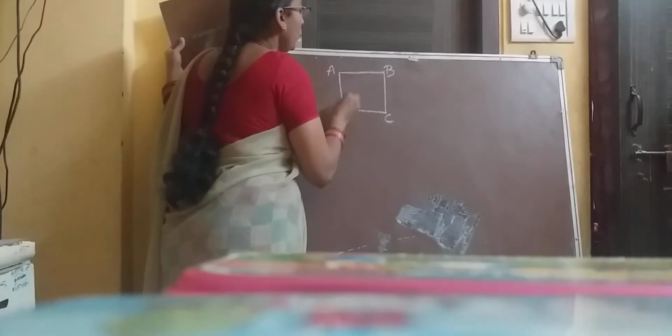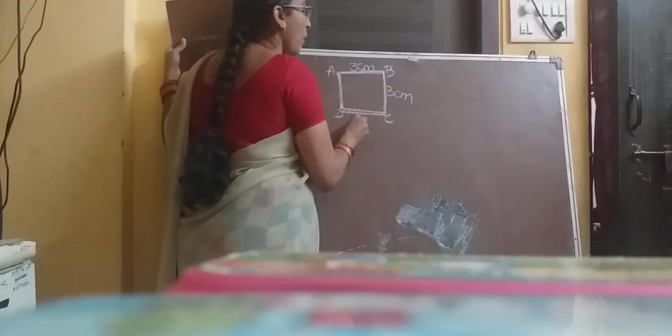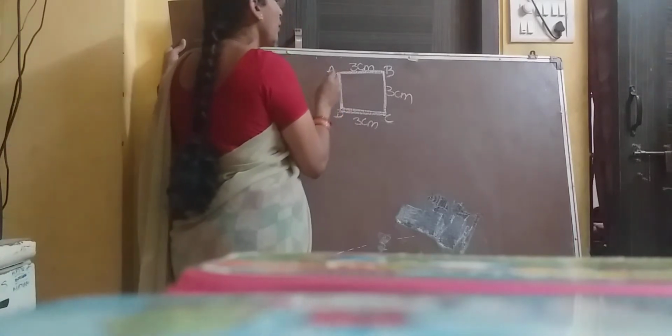See, if it is a square, this is a square you have, no? A, B, C, D. All this length is the outer boundary, the perimeter. Inner is known as area, the outer part is perimeter. See, AB is equal to 3 centimeters. This is 3. In a square, every time all the sides are equal. We know, no? Square. Now perimeter is equal to how much?